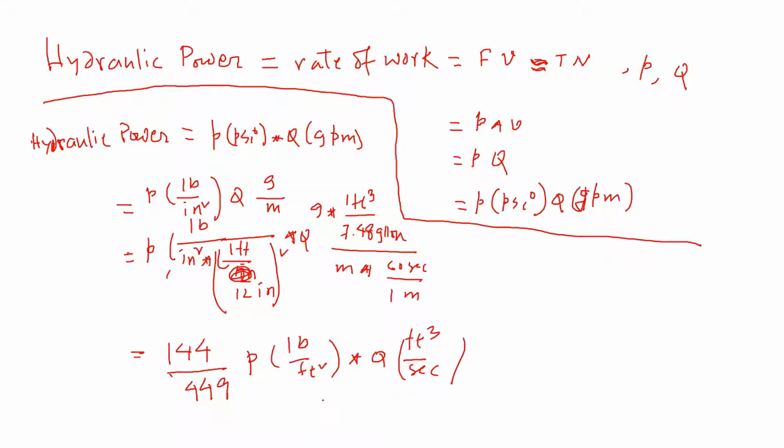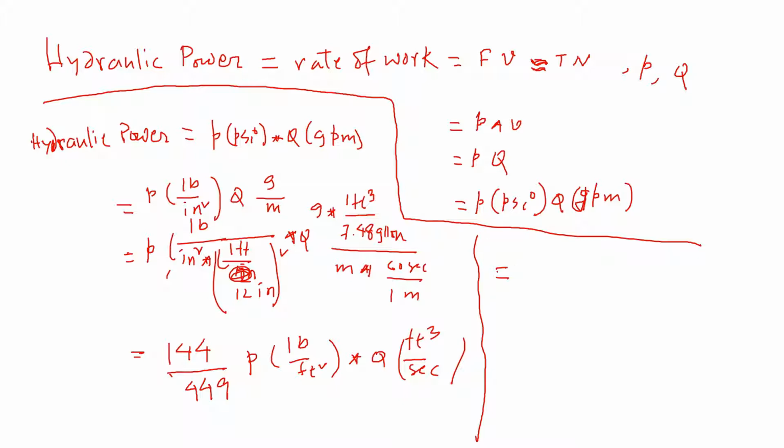So if we do 144 divided by 449, it will be basically like this, 1 by 3.1167. And you can see here the square feet and cubic feet cancel out, so